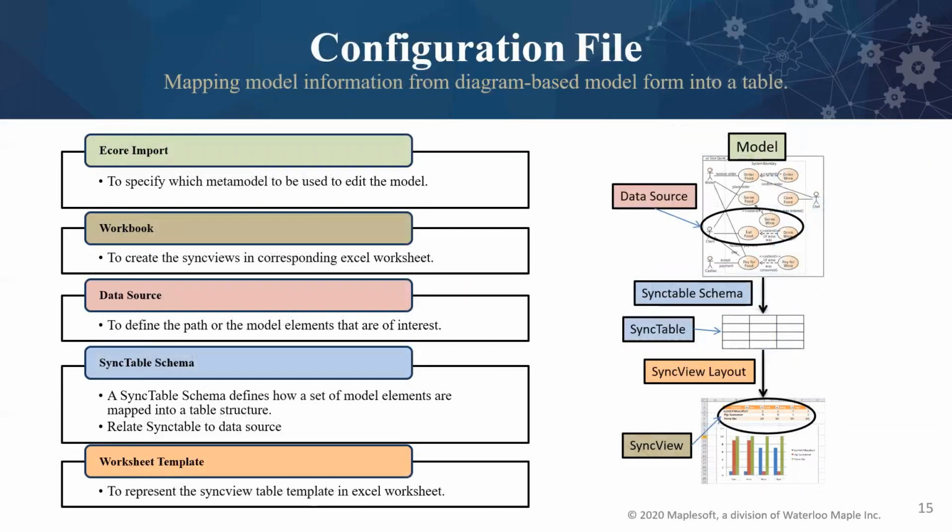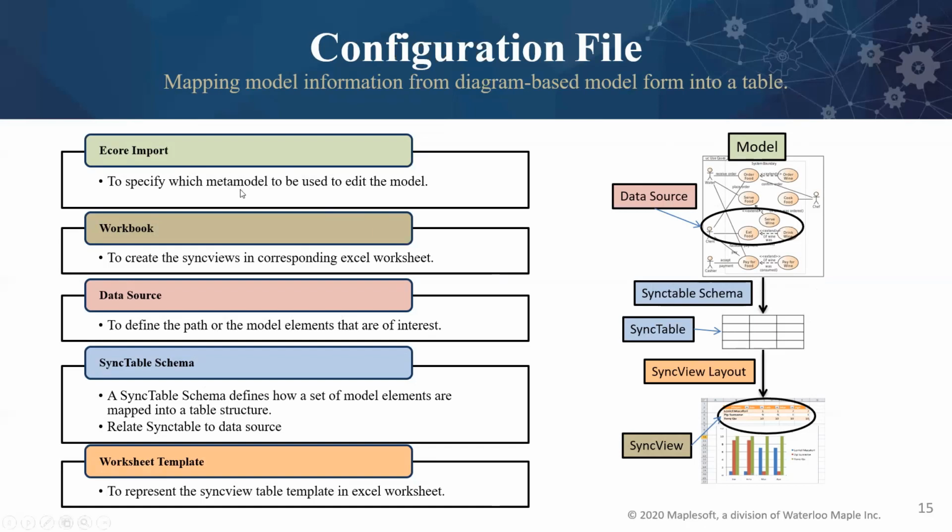So now we saw what a query path expression is. We will see how this will be applied in the configuration file. The first part of the configuration file is going to be the eCore import. By eCore import, I'm telling MapleMVC the kind of metamodel I want to work with. In today's example, we will be working with Teamwork Cloud from Dassault, so the eCore we import will be specific to Teamwork Cloud. The eCore import differentiates the modeling tool I'm going to work with.